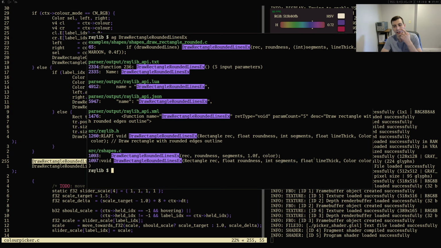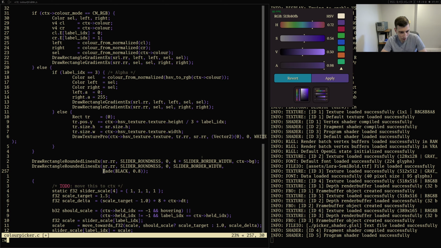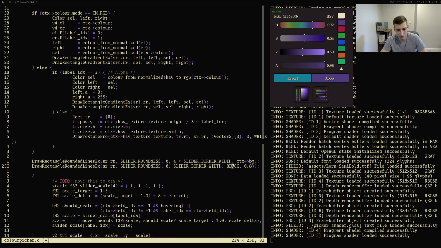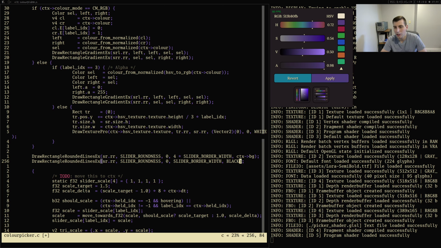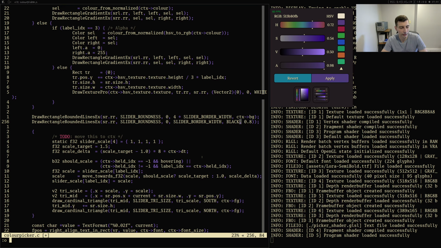Yeah, it doesn't matter. A line thick should be a float, so that's good. Is this even useful? Like, I don't know. One thing I can do is do